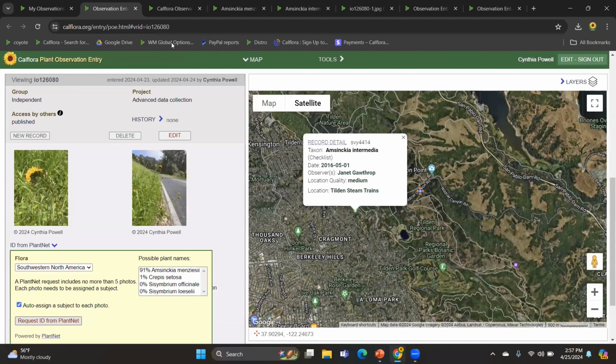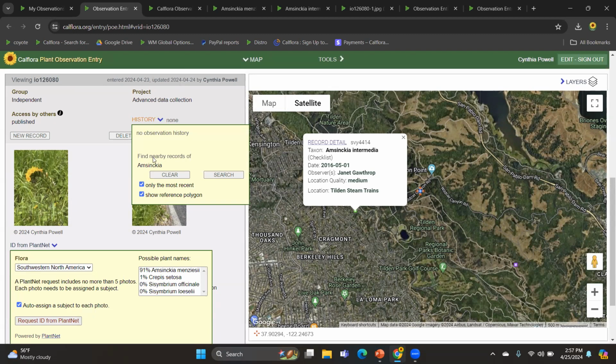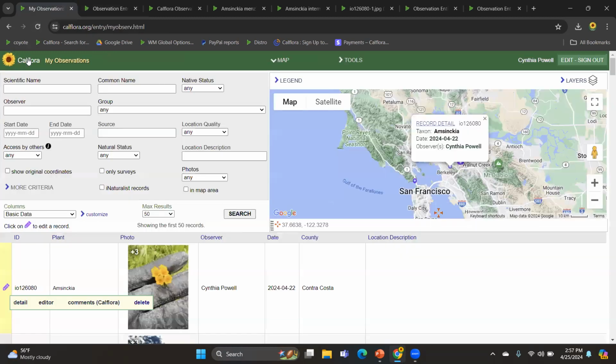So I am going to send my photos to Janet and hopefully she can help. But those are two ways, using this history and seeing what grows nearby, and then also using this ID from PlantNet, that you can use your photos to help you identify what the plant might be. If you have questions from the homepage